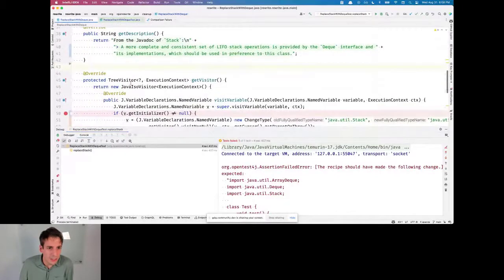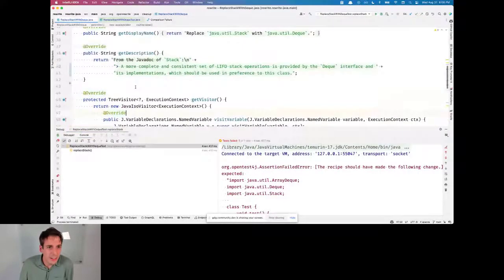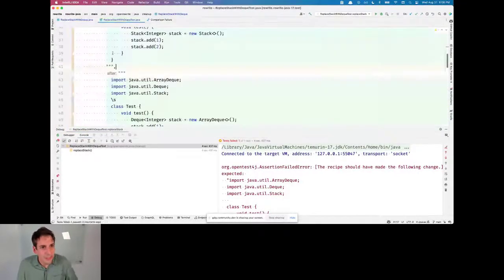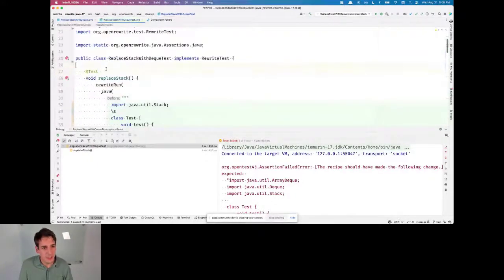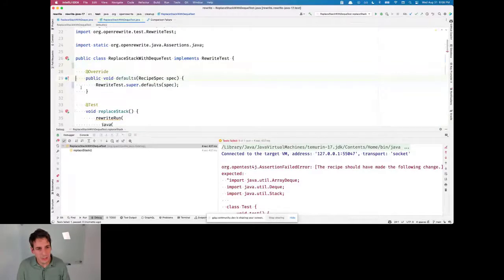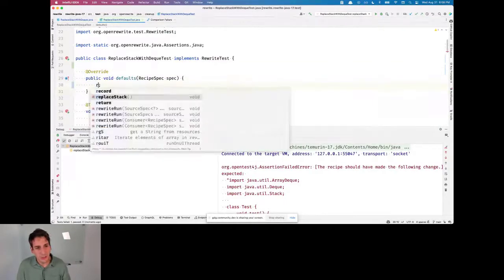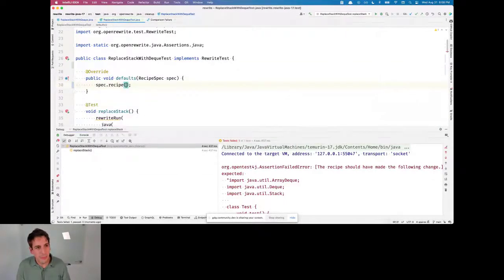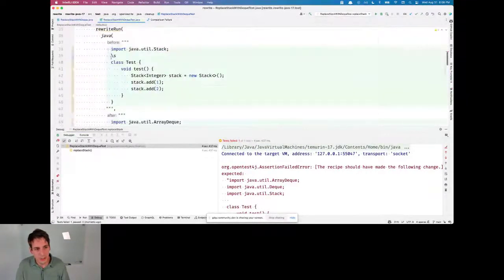Oh, it looks like I didn't even get in here. Let's see. Oh, in the test, I did not say what recipe I wanted to run. So here, on the test, I can say I want to run new replace stack with DQ. This says for all the tests that follow, this is what I'm trying to assert. So that's a basic thing I forgot to add.